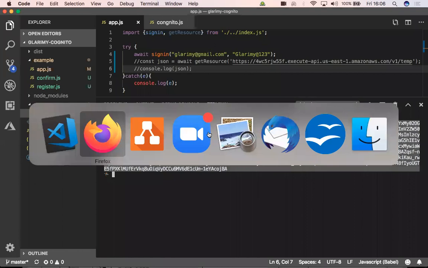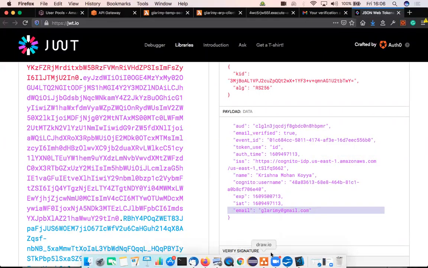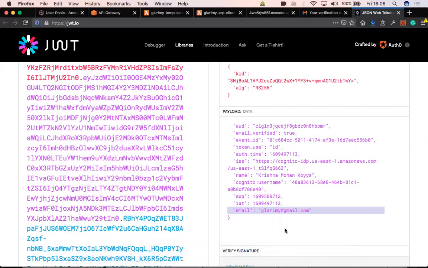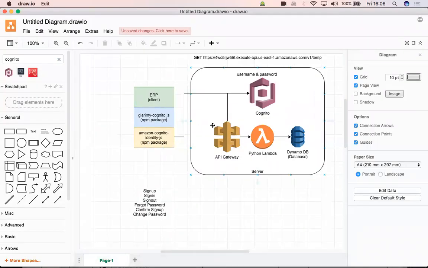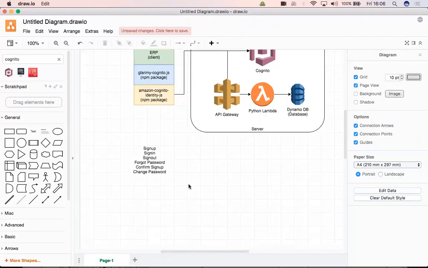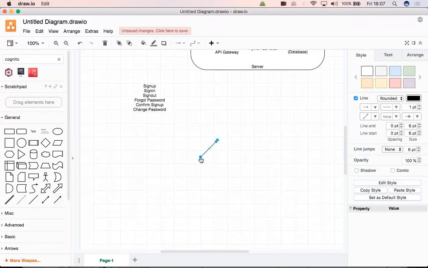So now, how this JWT token works, let me go back to the diagram. The way it works is, there are several things happening here, one after the other.